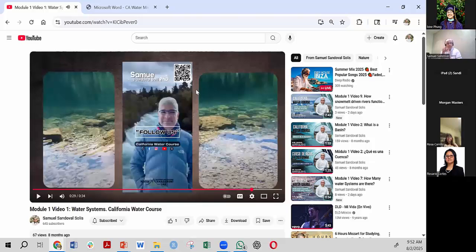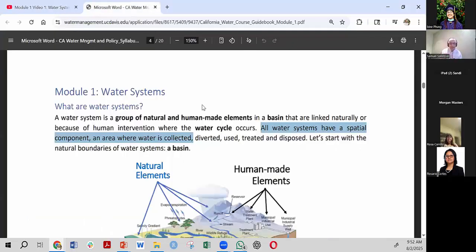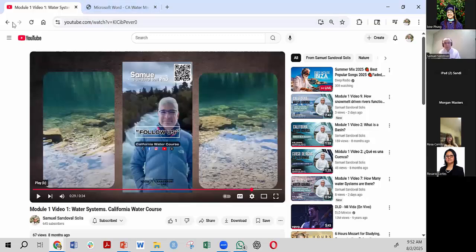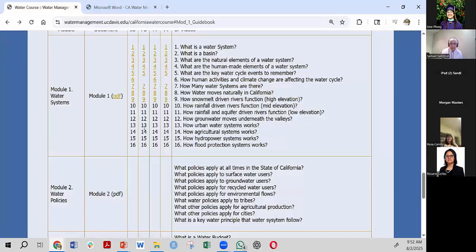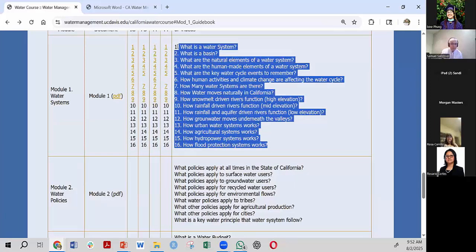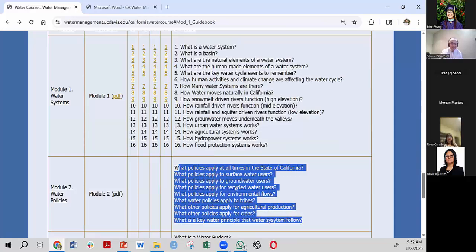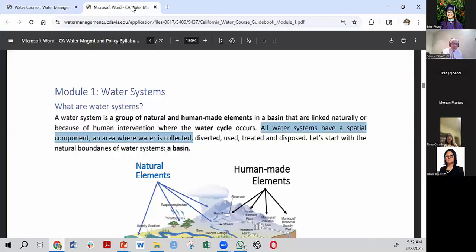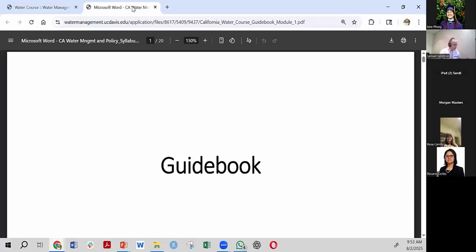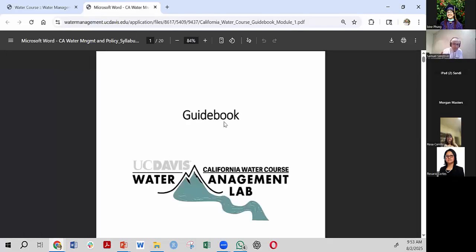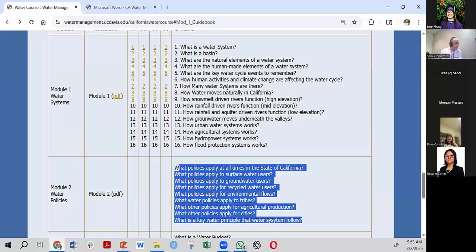So what I was trying to show you here is that exactly what is in the guidebook is in the videos. You can take a look at the guidebook or you can look at the videos. All of them are already here, and I have right now until 12. I need to update it here. Most likely I'm going to finish all the videos on this one. I'm not sure if I will be able to finish this, but you're going to get going with the guidebook. The guidebook is basically what you're going to be learning your materials from.